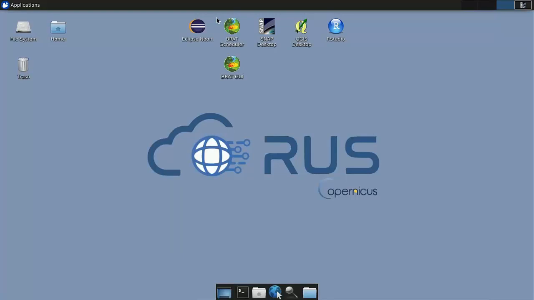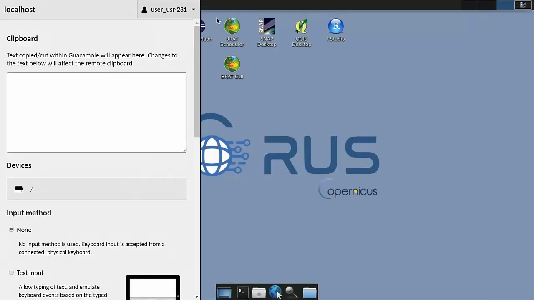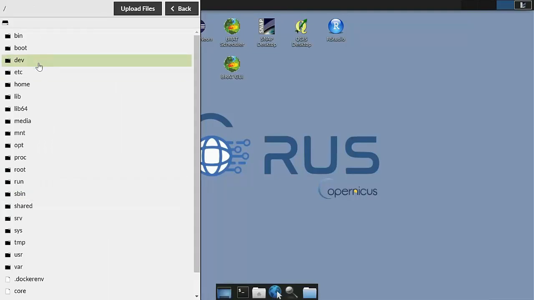So something important to tell about the virtual machine, we get a lot of questions about that, is how to interact with your local computer. So let's imagine you have done an analysis in SNAP with Sentinel-3 data and you arrive at your final output. And you want to download this output to your computer. So you do that by pressing the keys Ctrl-Alt-Shift, and then this side menu appears. So now here in device, you can click here